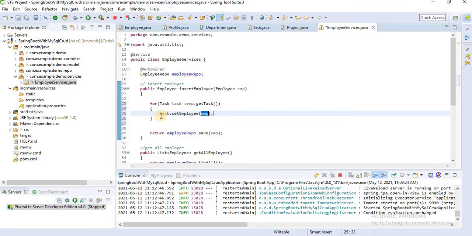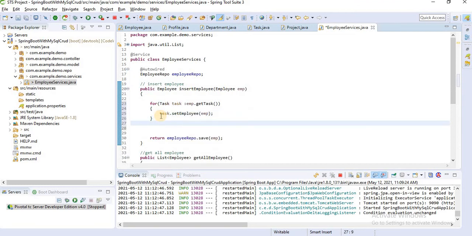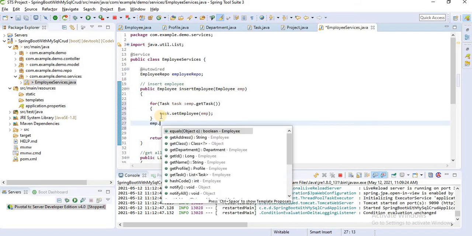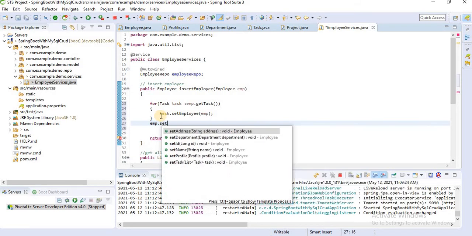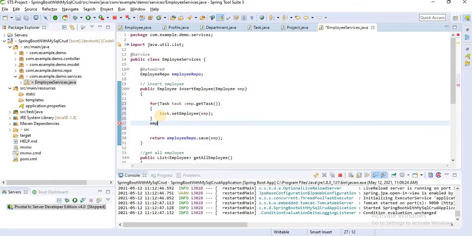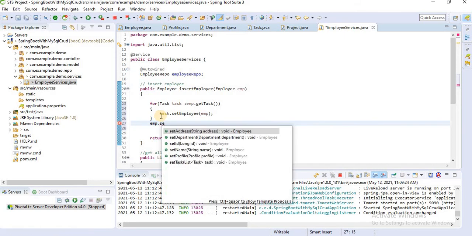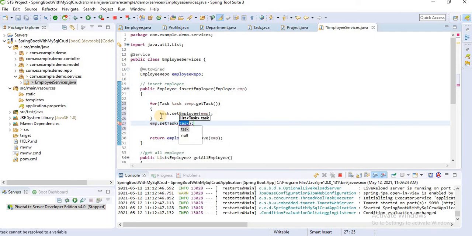Okay, let's create one more thing. Emp dot setEmployee, setTask, and here pass emp dot getTask.